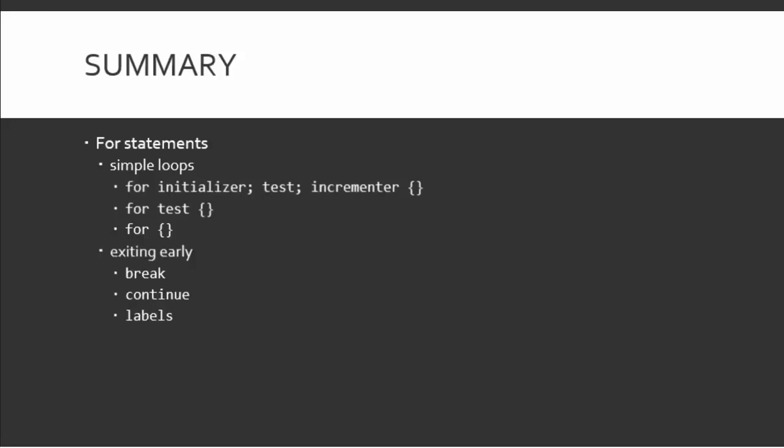That leads us to how we can exit early from a for loop, and we have three concepts that we talked about with that. We've got the break keyword that will break out of the immediate loop that's executing and continue the application execution after that loop. The continue statement is similar to the break statement, except it doesn't break out of the loop, it just breaks out of the current iteration, goes back to the incrementer, and continues execution of the for loop at the next increment. Now we can also use labels in our application and combine those with break statements in order to